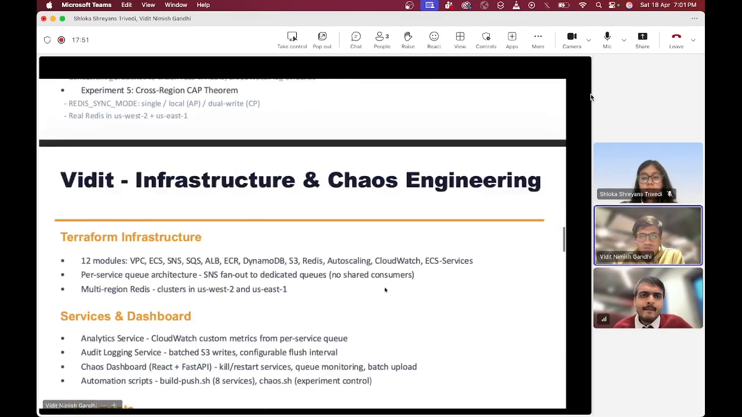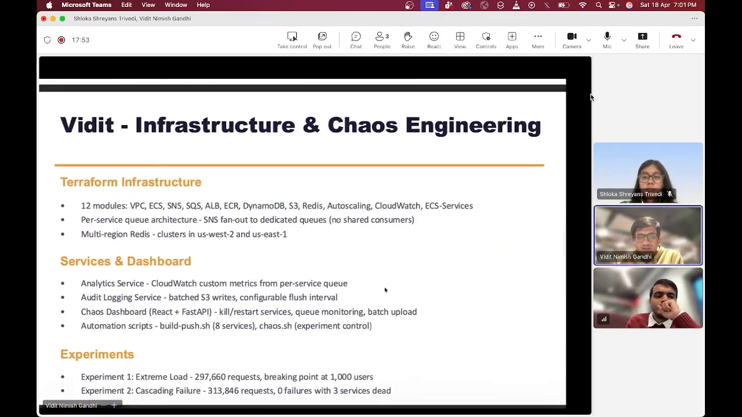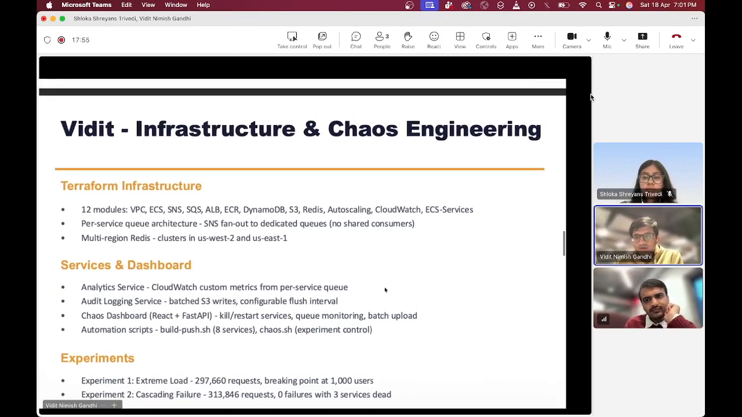Okay, so let me walk through my contributions first, and then I will start with all the experiments we have done. In total, we have done 5 experiments. Basically, I built the entire Terraform infrastructure for the whole project, with 12 modules covering VPC, ECS, Fargate, SNS, SQS, ALB, ECR, DynamoDB, S3, Redis in 2 regions, auto scaling, CloudWatch dashboards, and ECS service